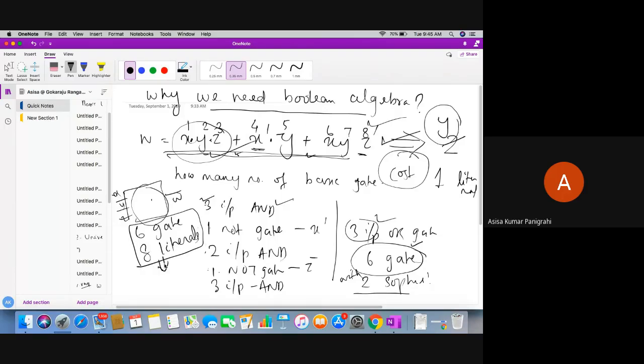So which is a high cost design. So if I apply some Boolean algebra postulates, and I can reduce it to at least a few gates or a few literals, then the cost of my design gets reduced. Okay, in order to reduce the number of literals or gates, we need certain postulates or algebras.